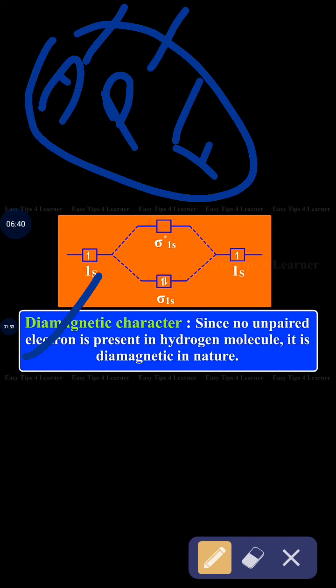Now let's see paramagnetic. Paramagnetic means those compounds which have at least one unpaired electron, or maybe 2 or 3 unpaired electrons, so that they can show magnetism in the presence of a magnetic field. But as soon as the magnetic field is removed, they lose their magnetism. So those are called paramagnetic. For example, iron nail, copper.